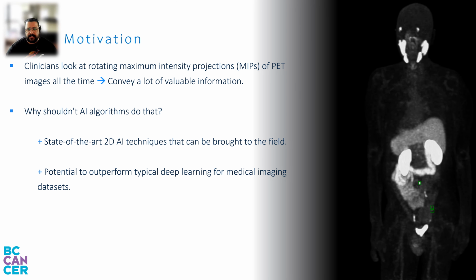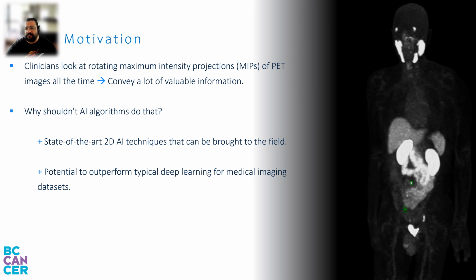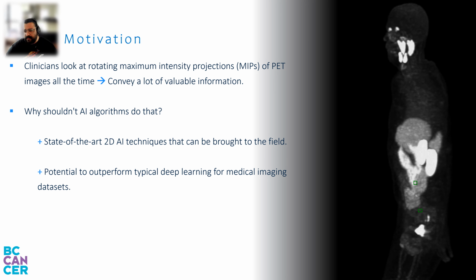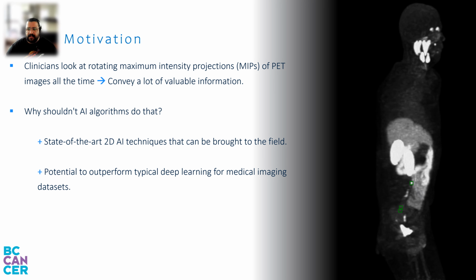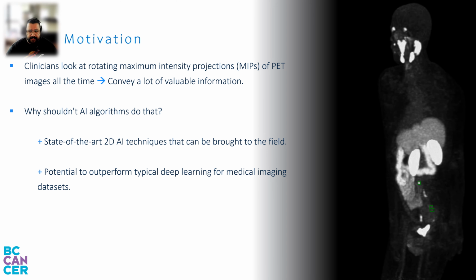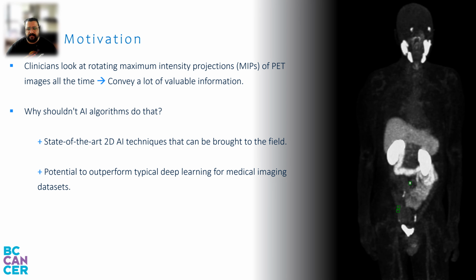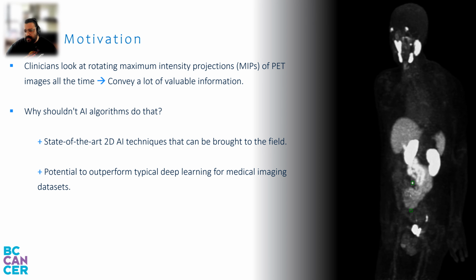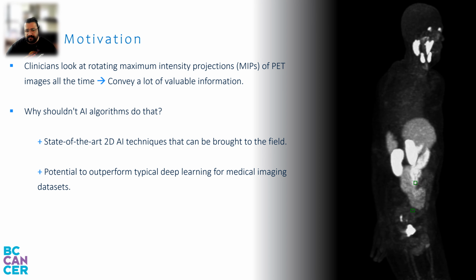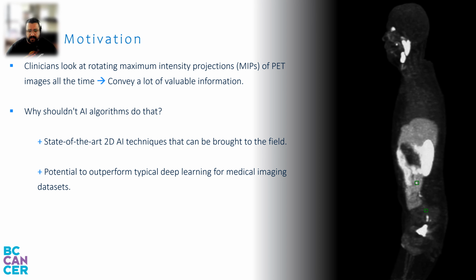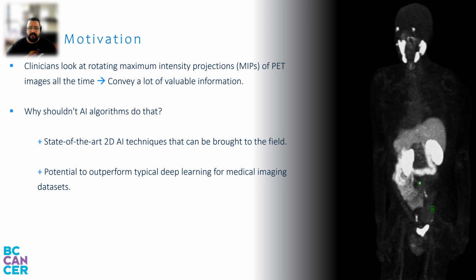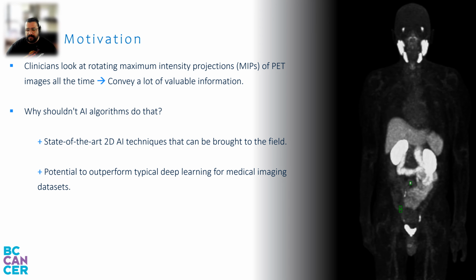Clinicians look at rotating maximum intensity projections, or MIPs, of PET images all the time. They convey lots of valuable information about the disease and the progression of the disease. So why shouldn't AI also do that? Especially because of existing state-of-the-art 2D AI techniques that can be brought to the field, and their potential to outperform typical deep learning